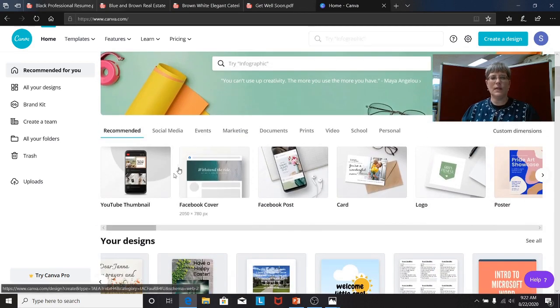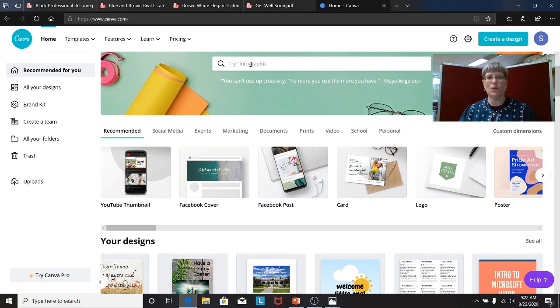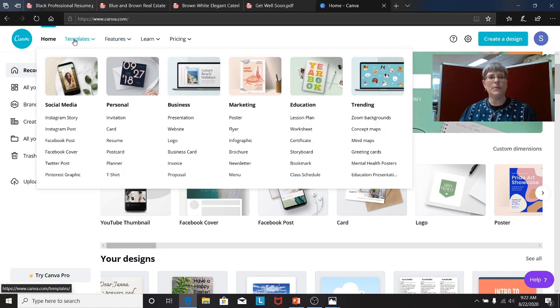You can also do the same thing up here. See how it's sort of repeated? You can type in a design or a concept that you're looking for, or you can go up to templates. And here you can see how many templates there are. And in each one of these sections are subsections and then onward from there. So let's say I go into personal and I want to make a card. I'm clicking on card